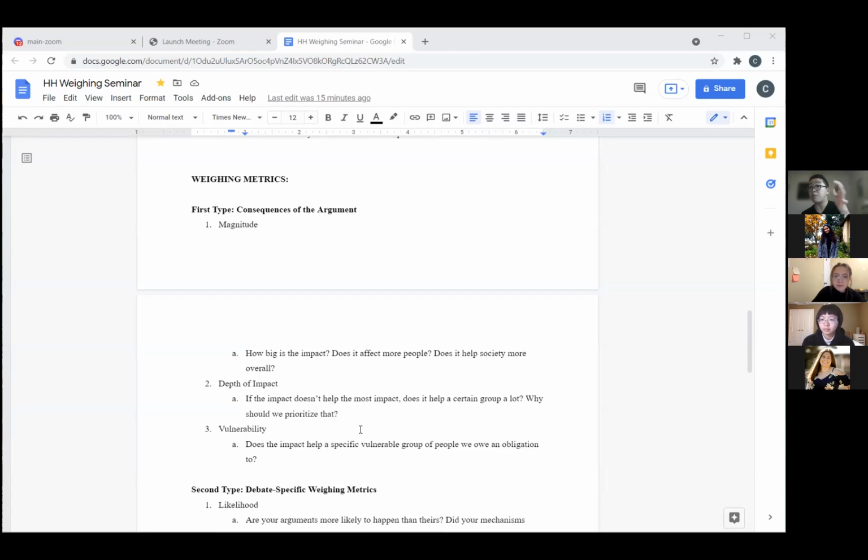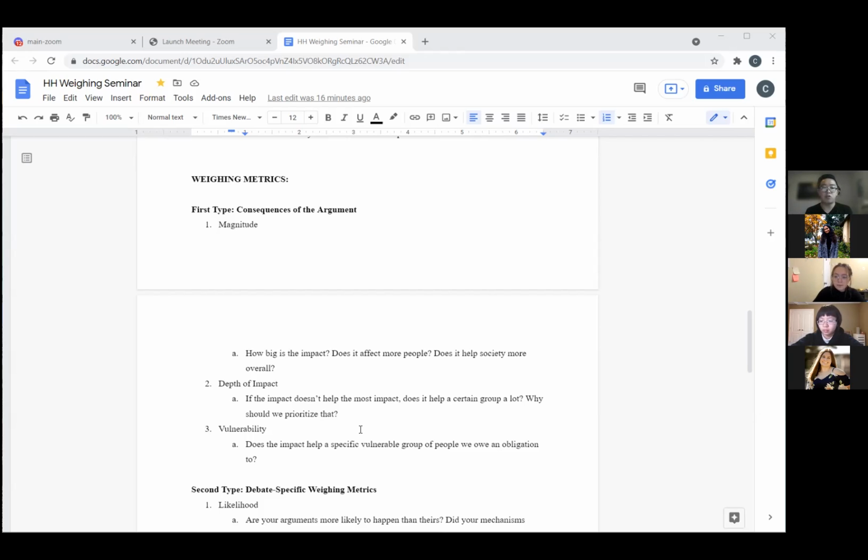Now, if I'm weighing depth of impact, and I'm going against free trade, one of the things I might say is: government's true, maybe you make sure that 100% of the people have slightly cheaper prices. The problem is that 10% of the population lose their jobs because they get outcompeted as a consequence of free trade. And the loss of jobs for that 10% of people is such a large depth of impact, such a large amount of impact for them individually, that you should prioritize that depth of impact over the number of people that might be affected on government side. So in depth of impact, you're considering how deeply people are actually affected.